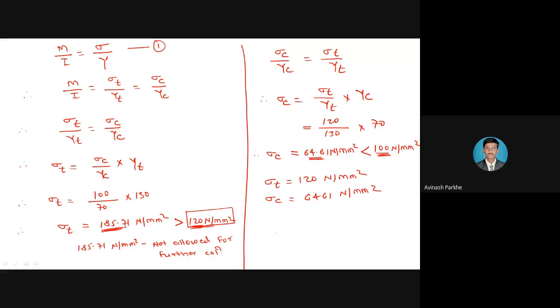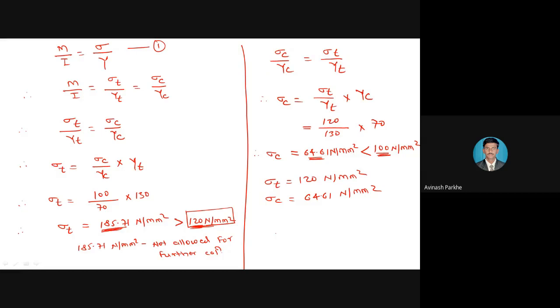Whatever the two sigma c values I am having, out of that I have taken the minimum for the further calculation. Because always both the bending stresses, it may be tensile stress, it may be compressive stress, both the bending stress values should be minimum. कारण जेवढा बेंडिंग स्ट्रेस तुमचा मिनिमम डेव्हलप होईल तेवढा तो बीम जास्तीत जास्त लोड काय करेल, सस्टेन करेल. कारण स्ट्रेस वाढला म्हणजे तुम्हाला त्या बीमवरचा लोड पण वाढलेला असणार आहे. Therefore, if stress value is minimum, force is also minimum, and beam can sustain the maximum load without any bending.